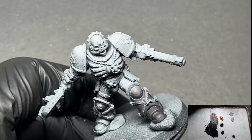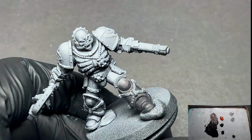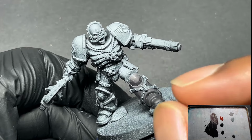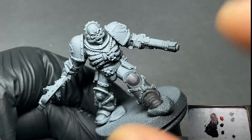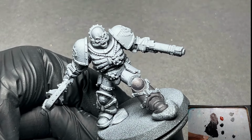Now, I think I'm going to do this armor a bit shiny. In order to make something look shiny, we need to decrease the spread or the volume of our beam of light, of our focus light. If something's very close, the beam will be smaller. If something's further away, it'll be wider. But for this, I really want this to look like kind of polished armor. So